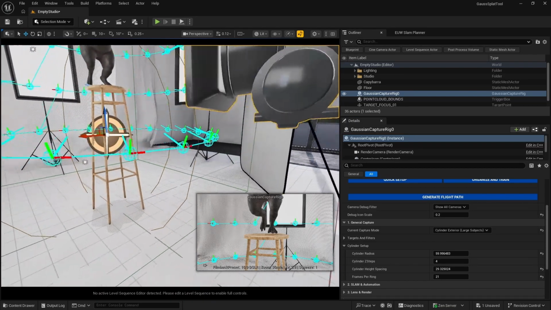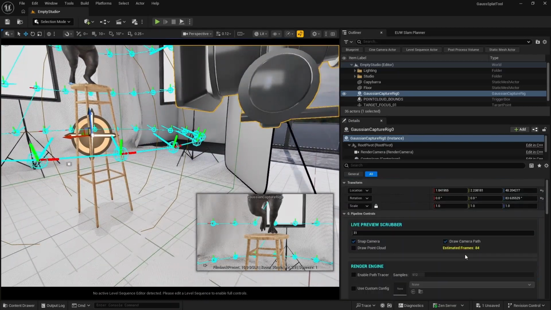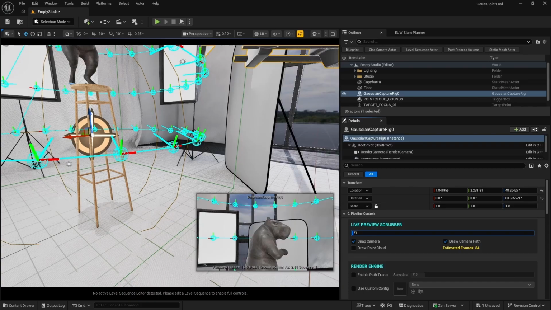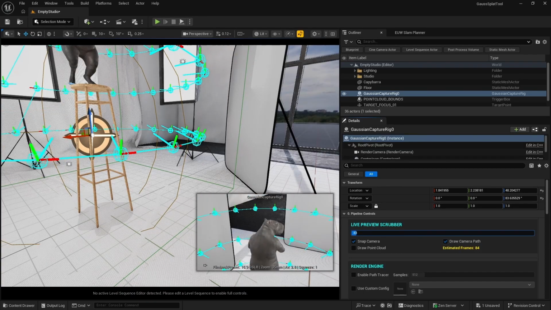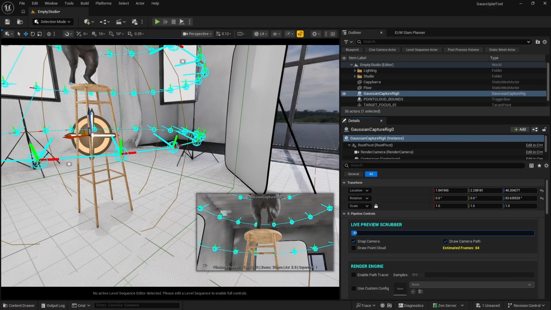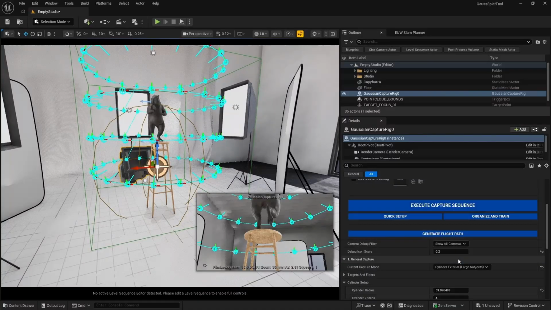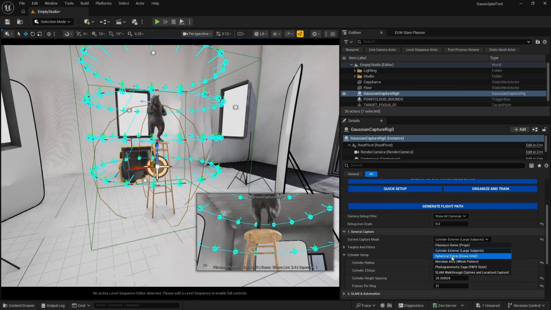So you see the kind of capture you get if you scrub through. With every update, the number of frames estimate gets updated automatically, so you have a good idea of the number of frames you need to export in the data set. Just scrub through them, just like with the view. So that's the cylinder method, and the next method is a spherical